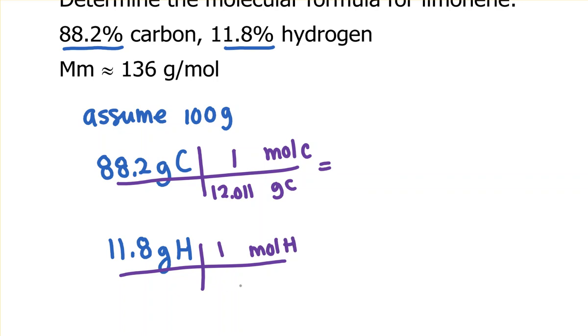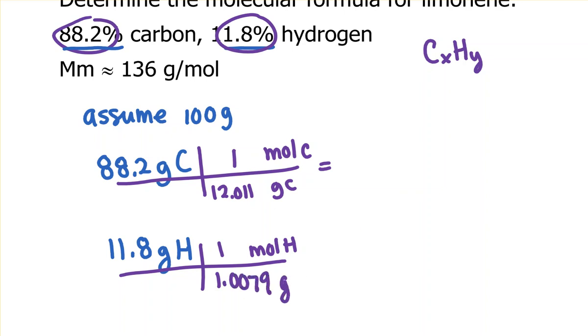Sig figs don't really matter in this because we know in the end we're going to come up with whole numbers. I'm going to come up with whole numbers for x and y. And if they don't come out to quite whole numbers, it's because of error that is present in these percents and also in our molar masses. So we want to try to keep some extra digits. Okay, and so once I convert to moles,